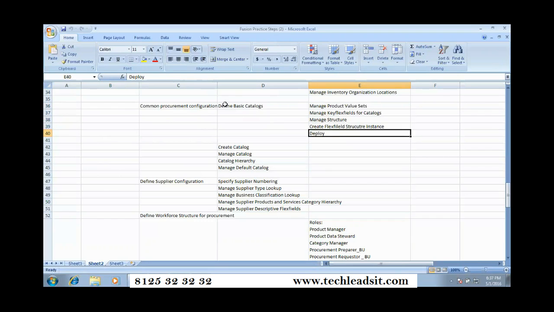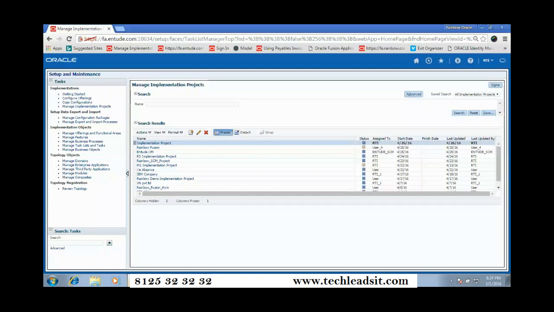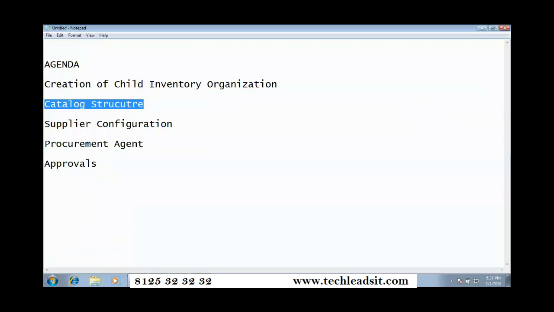Okay, so coming to the navigation, we have to go to common procurement configuration here. And also if you compare this catalog with R12, I can say it's a category set. Category set is nothing but a group of categories again. Okay,